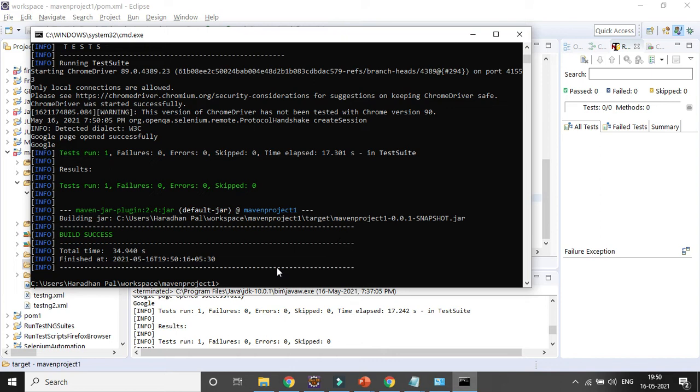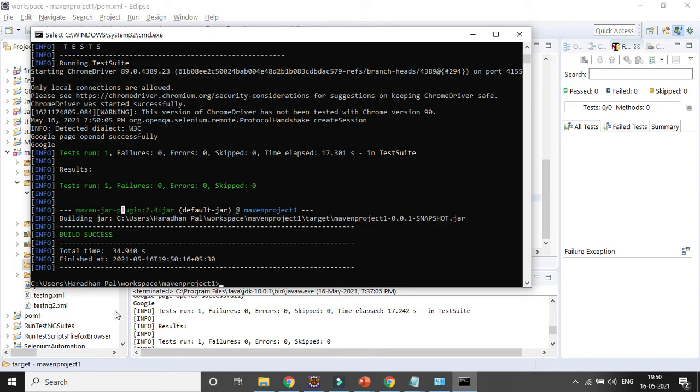to package. You can see, right, it is building the jar. So that is the path, right, of the jar file. Maven project 1001 snapshot jar, that is the jar. You can import it and you can deploy it in the environment. So that jar is created. So this is the path you can see.